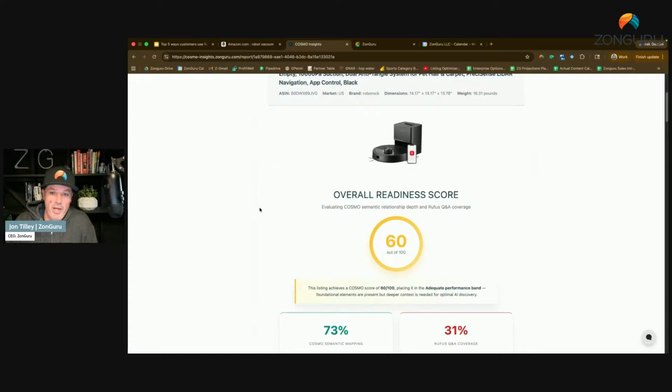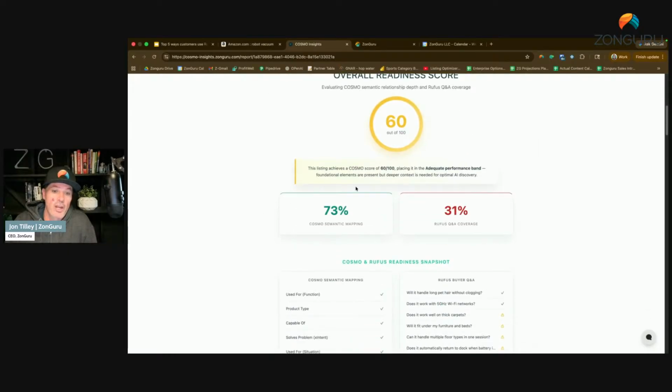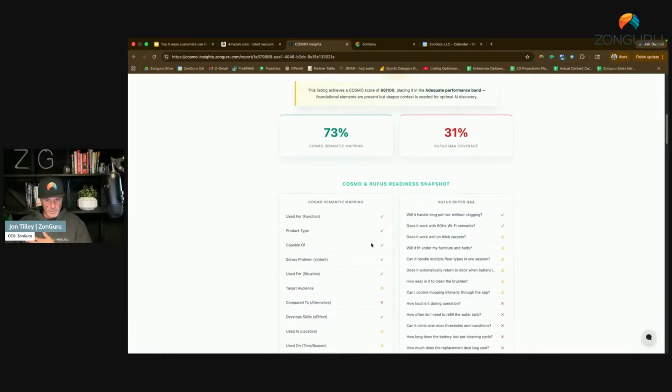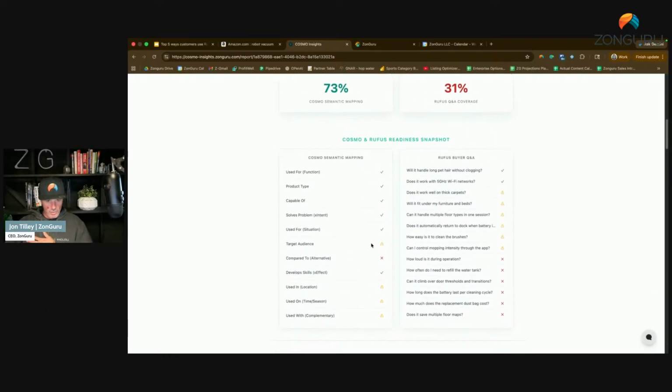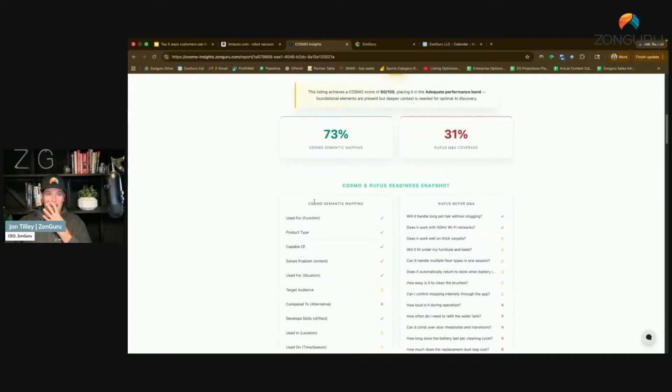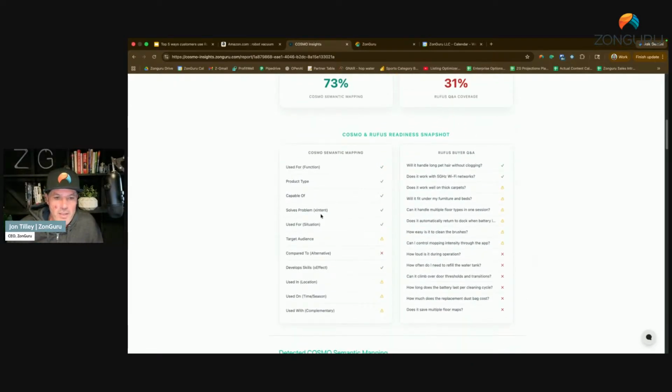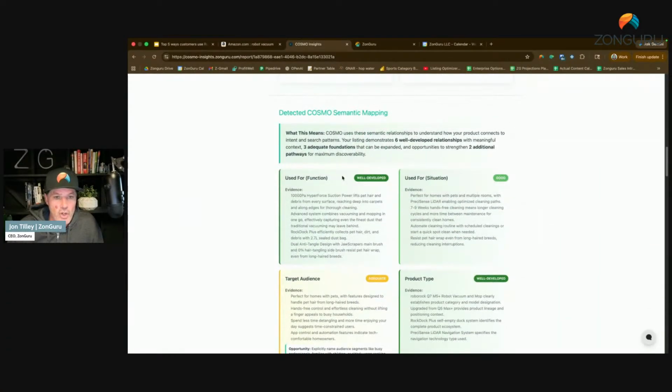Okay. So overall readiness score, 60 out of 100. Interestingly, the Cosmo mapping is really strong here, but the Rufus Q&A is pretty weak, right? So let's see what's going on here. It's got some of the strong semantic mapping in place, right? Target audience, compared to alternative is weak, right? But it shows you what's well developed,